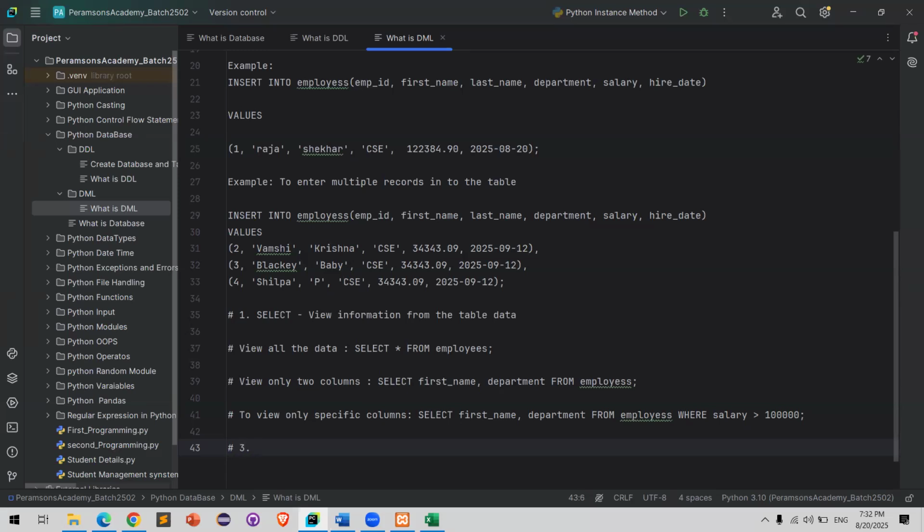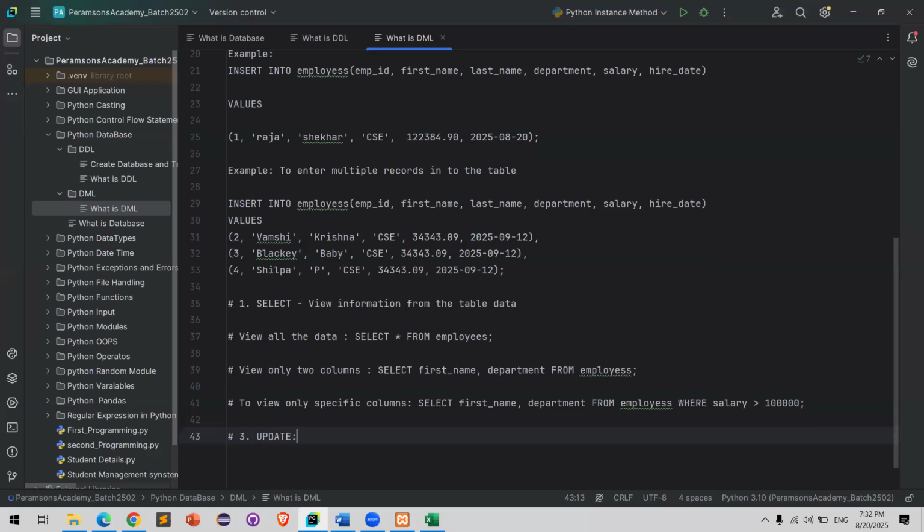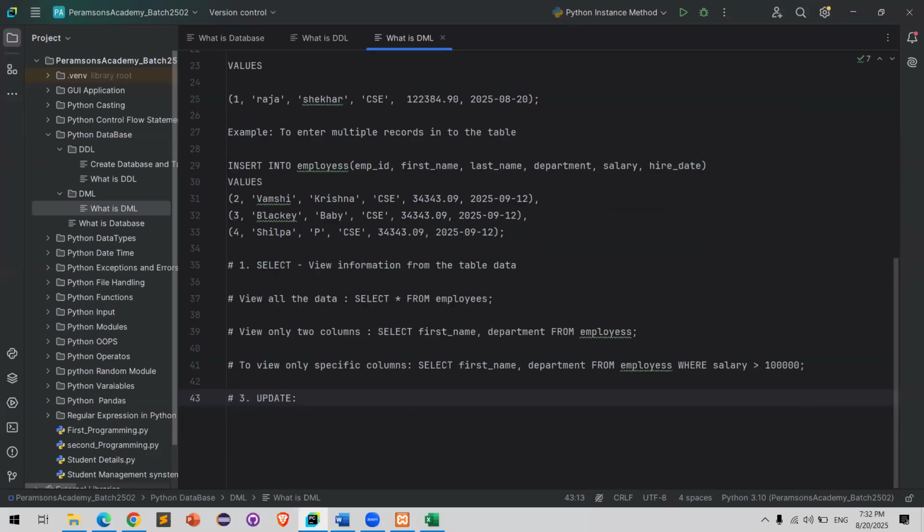And the third one I want to take is an update. Most of the time, when you send a message to your friend, that is known as an insert. And when your friend sends some message to you and you are viewing that data, we call it a view, or you can call it a select. Now, if you have missed some of the data, or you want to edit and update your particular record,